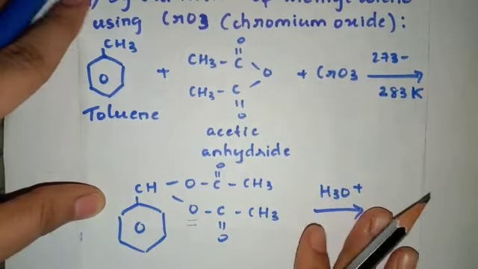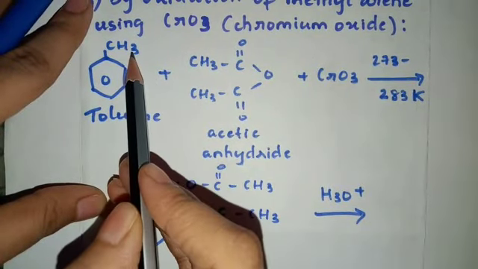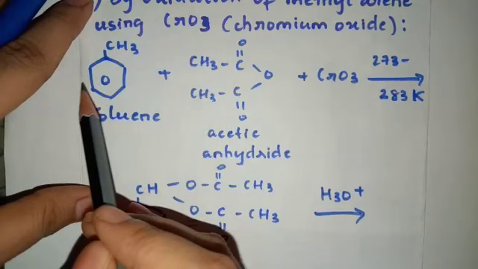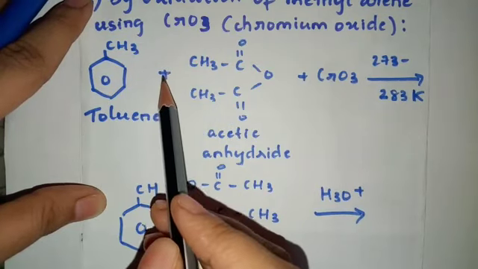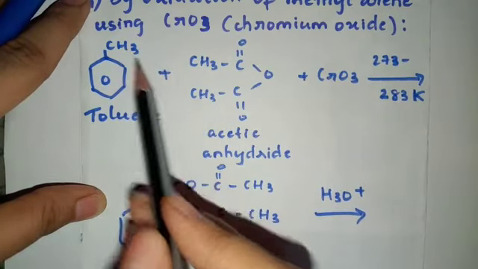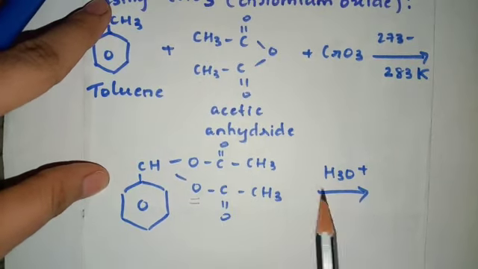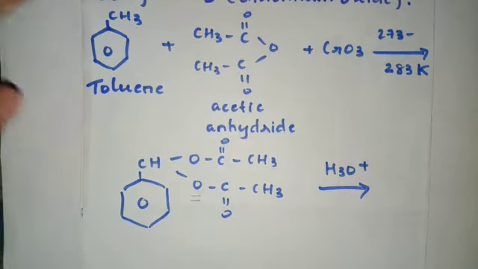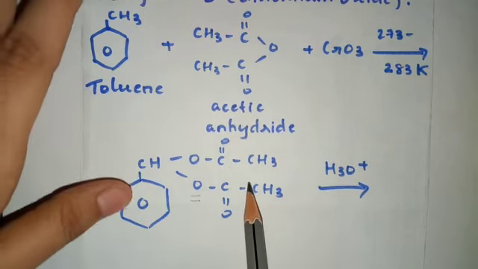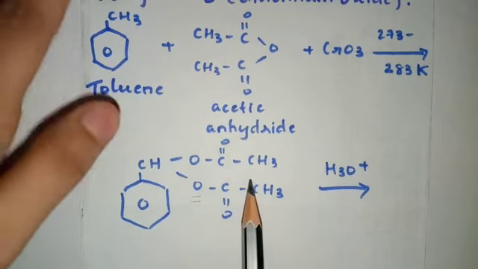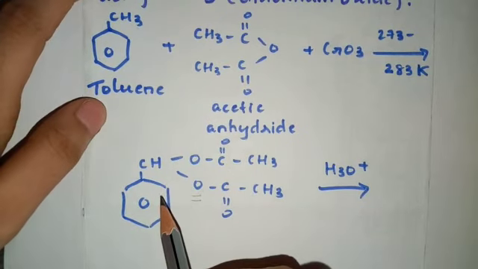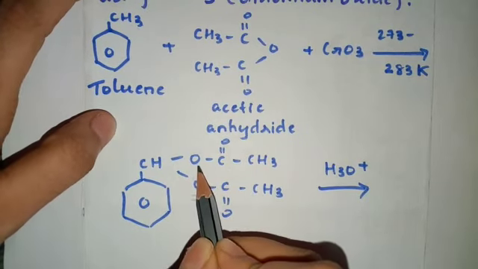Okay, fine. So we are not concerned with that. We should only know that two hydrogen atoms are removed completely, unlike Etard reaction where it was combined with chromyl chloride. Here they are removed, and instead of that we attach C double bond O CH3. Further, we will carry out acid hydrolysis of this particular structure, and now we will have something exactly similar to Etard reaction. We have to form benzaldehyde, that is aromatic aldehyde. So we need this oxygen.